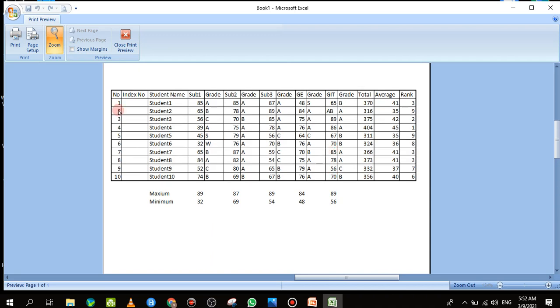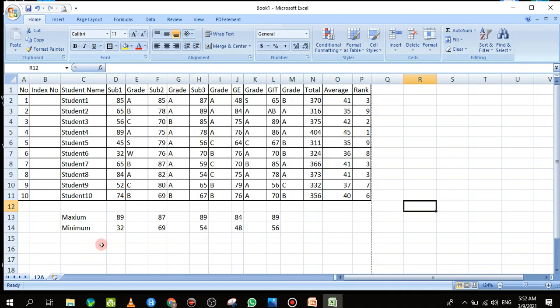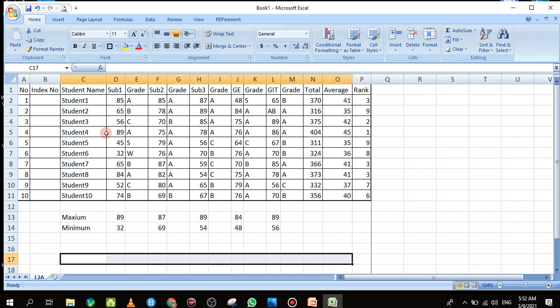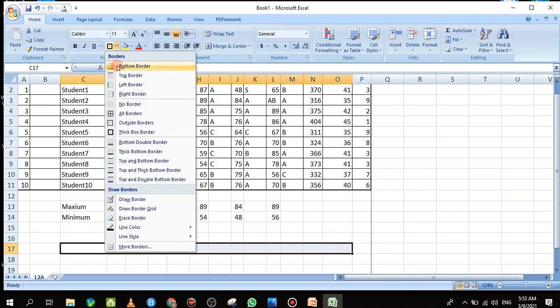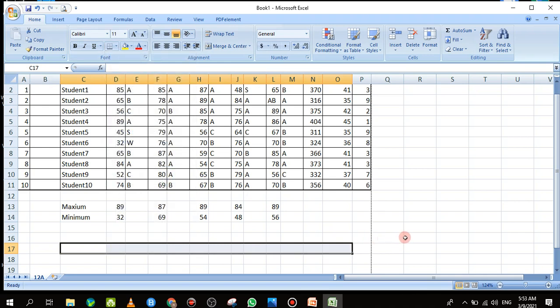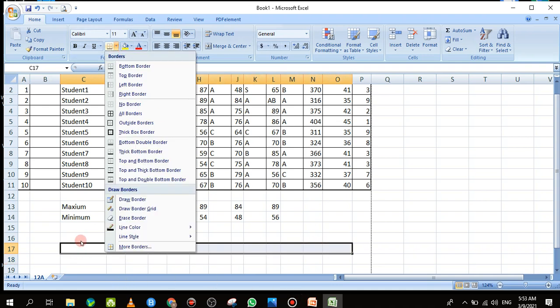This is how it comes. So again I'm coming back, closing print preview. Here you can see, if I want, I can add. Now I'll just select this cell, this row. If I just go here, I can see only the bottom border will come. So likewise, if you want a particular border, you can select the relevant cells and apply it